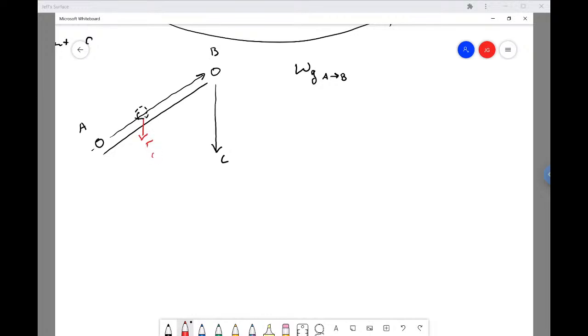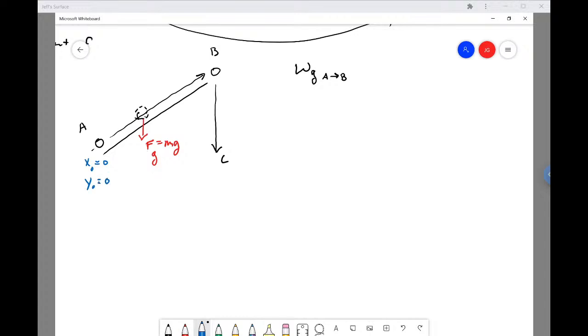And the force of gravity always points down. And, you know, the ball starts from where it starts, it has an initial x position and an initial y position